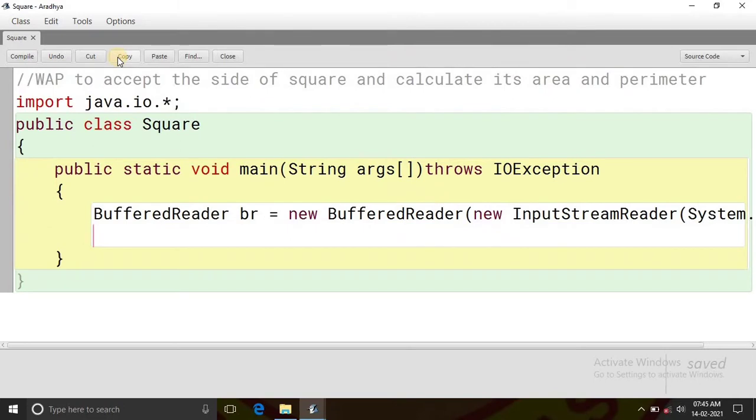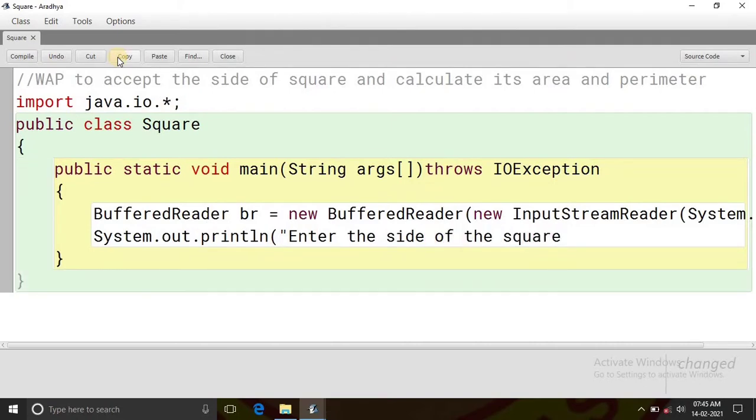Now as we have to accept the input from the user, we will give a message to the output console to provide the side of the square. We will write System.out.println("Enter the side of the square");